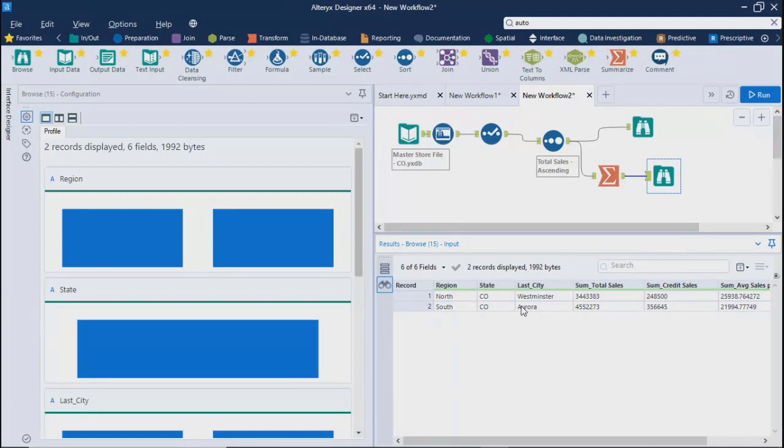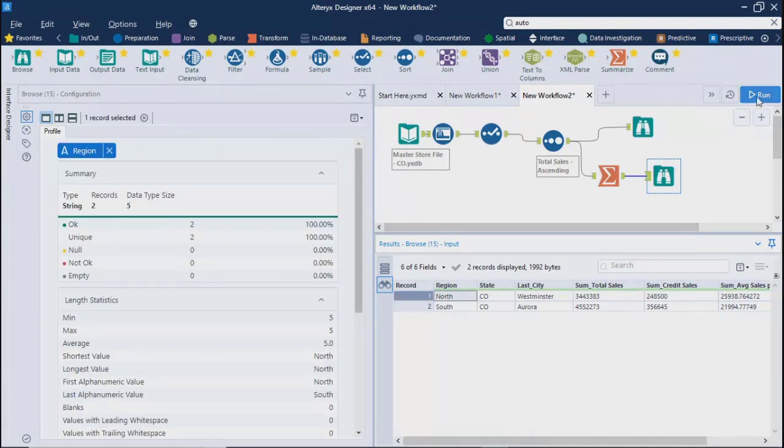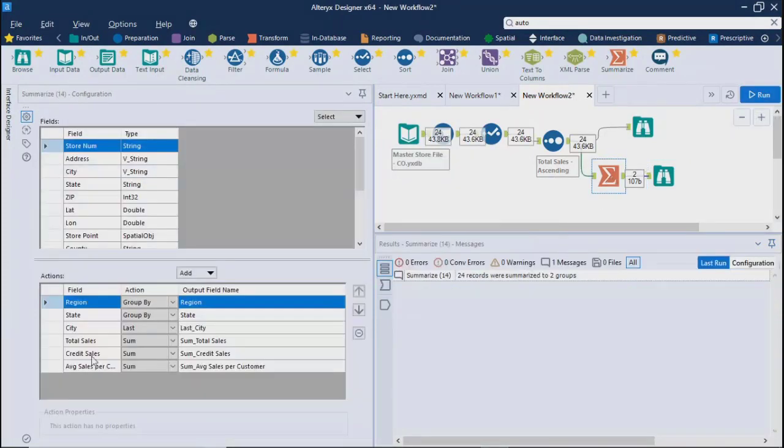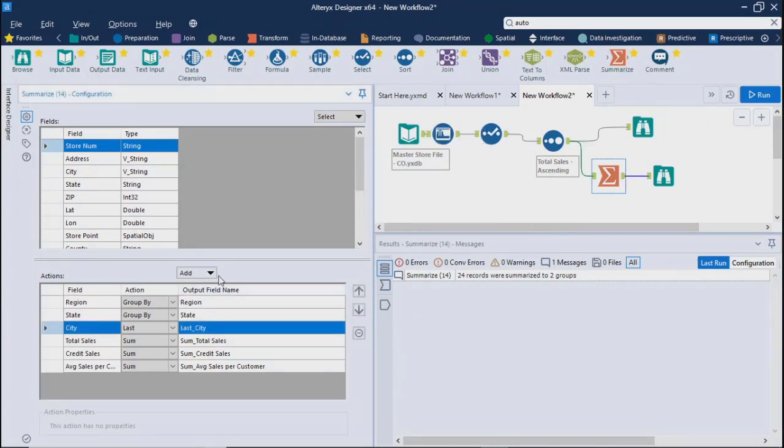Now why was it not working for region? Region is the very first category, right? It needs a grouping first. First of all, on the first column, it will not work. What I mean is, if you bring city on the first column, it will not work. So there has to be a grouping first, and then you can apply first and last on subsequent columns. Okay.